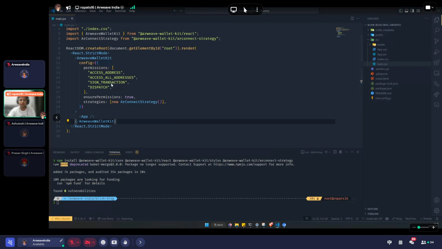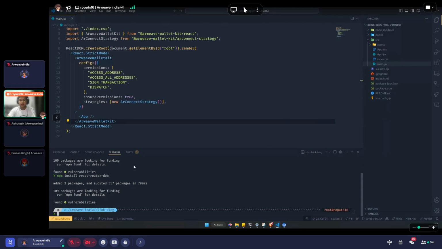So we're going to install one more thing, which is called React Router DOM. So this React Router DOM basically lets you navigate between the various pages of your application. And okay, now that we have this router DOM installed, we're going to wrap our application in React Router DOM as well. So the way that we do that is we're going to import the create browser